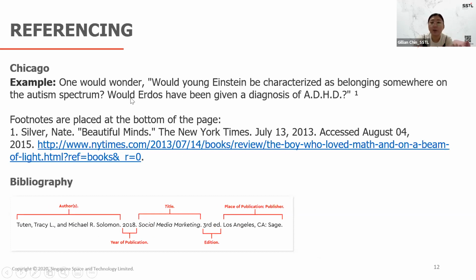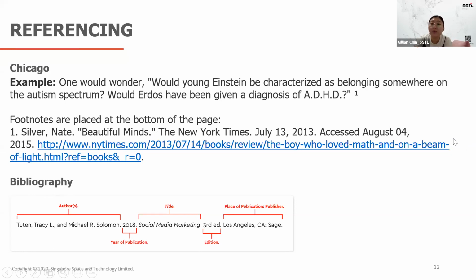Next one is the Chicago. Chicago tends to be a bit more popular for technical papers because it appears very clean. So in text, all you would see is a small notation at the end of the reference, and then people use footnotes to identify what the reference is. The first time you are citing a new reference, you should do the numbering, and then at the bottom in your footnotes, you should do the full text. So the full as you would in the